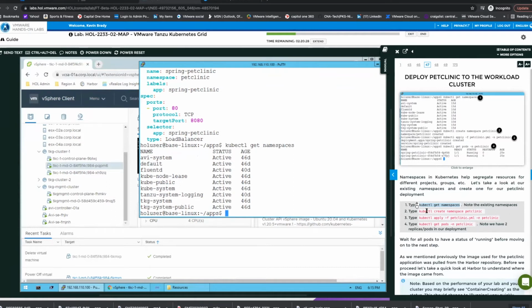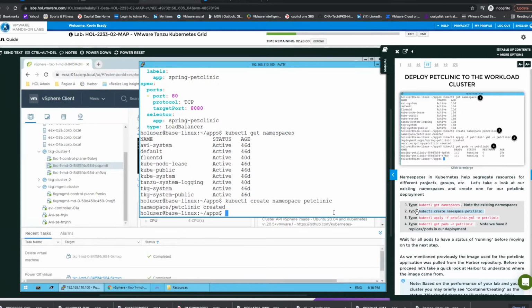It's also very handy for tracking the application because now my pods are not going to be mixed up with other pods. So if you remember when I did the list of all the pods before, there were literally 30 pods there. If I deploy an application, it's going to get lost in that display of applications, and it will be much harder to track. So I'm going to create a namespace. I'm going to call it Pet Clinic. I can now deploy my application